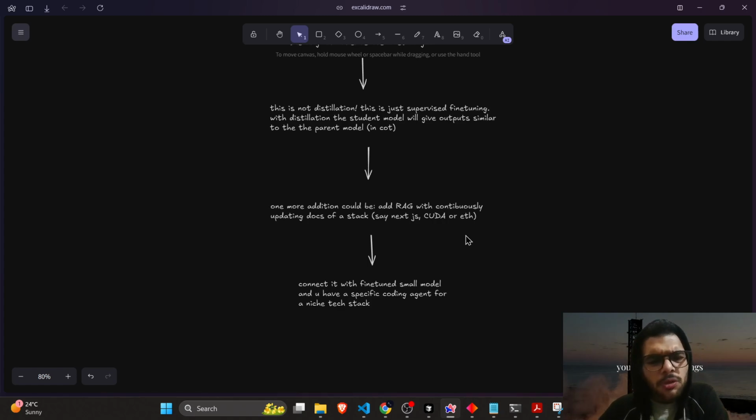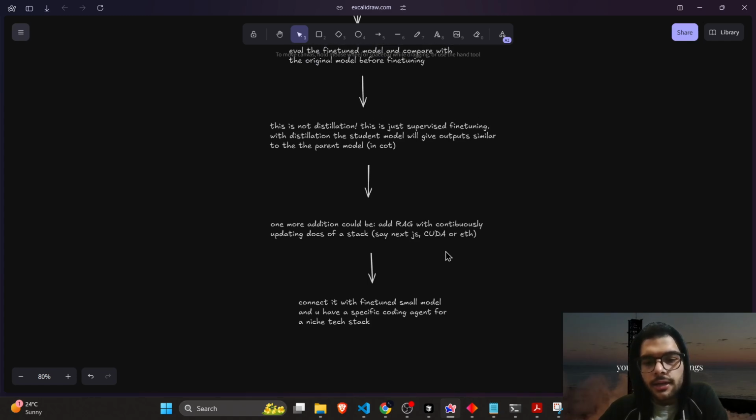Now, one more addition that you could do is add a RAG with continuous updating of documents of a tech stack. This is just an idea which I'm working on right now: with this model, add a live RAG which is getting updated from the documentation of a particular tech stack like Next.js, CUDA, or Ethereum, and link that RAG with this model, which is fine-tuned on COT programming questions.